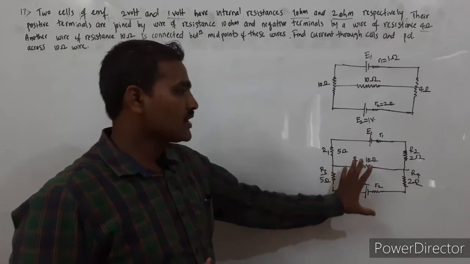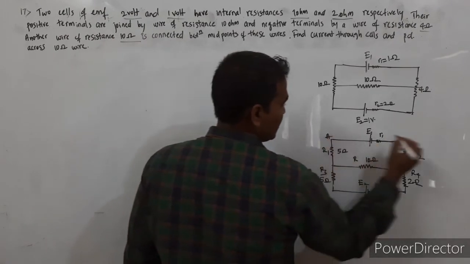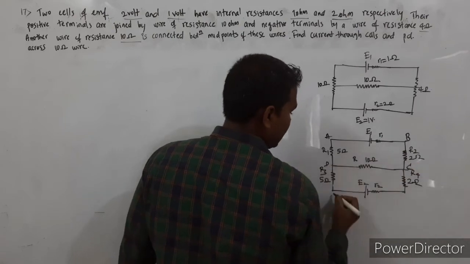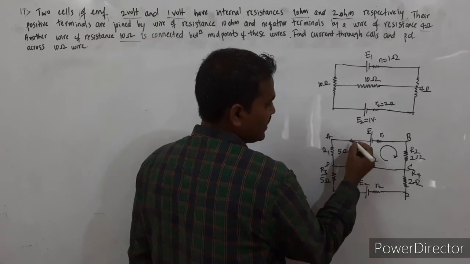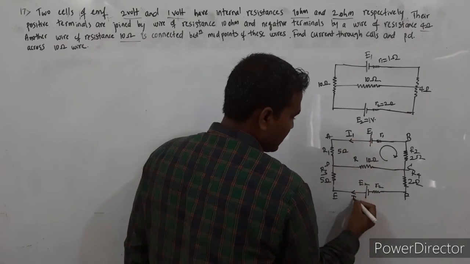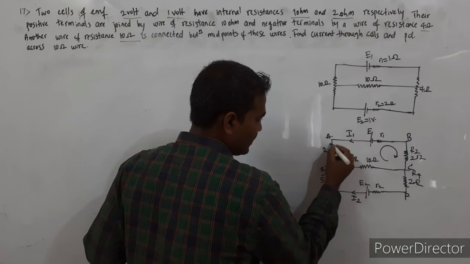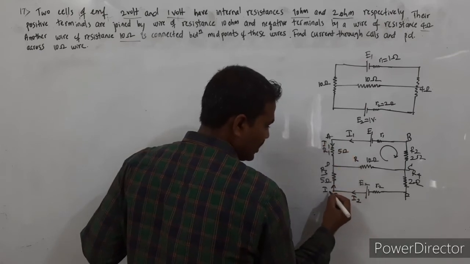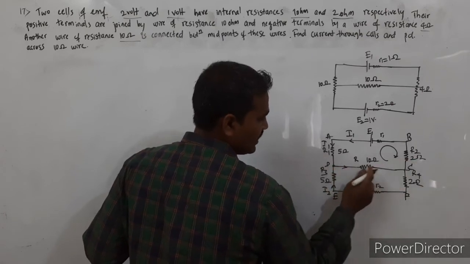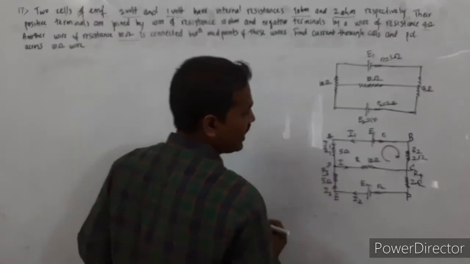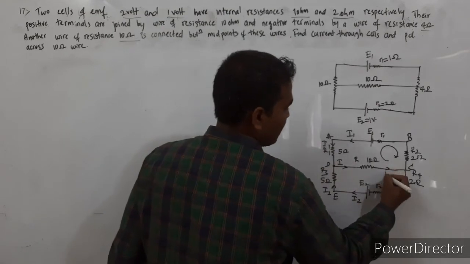Now we shall consider the Kirchhoff laws to solve this numerical problem. Let me name the points here A, B, C, D, E, F. I can name it as per my convenience. Let us consider the current sent by the cell E1 is I1, the current sent by E2 is I2. So I1 moves across R1 here, and I2 will move through R3, and they will combine at point D, so they will move out through this resistance R, so that I can write it as a capital I. So capital I is equal to what? I1 plus I2.